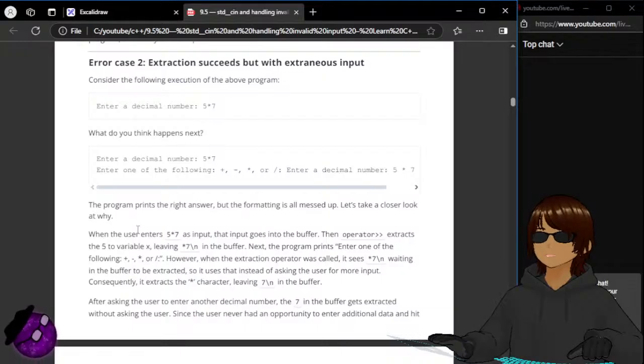Let's take a closer look why. When you enter 5 times 7 as input, the input goes into the buffer. The extraction operator extracts 5 to variable x. However, when the extraction leaves times 7 in the buffer, next the program prints enter one of the following: plus, minus, star, slash. When the extraction operator is called, it sees times 7 slash n waiting. Consequently,